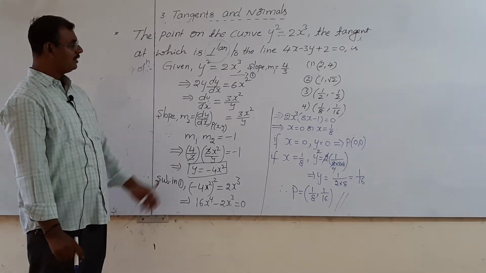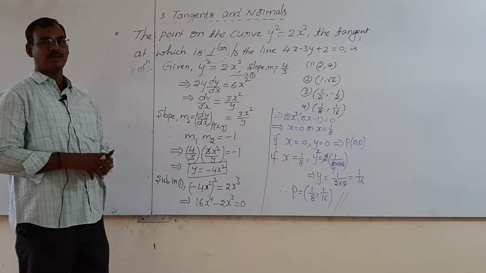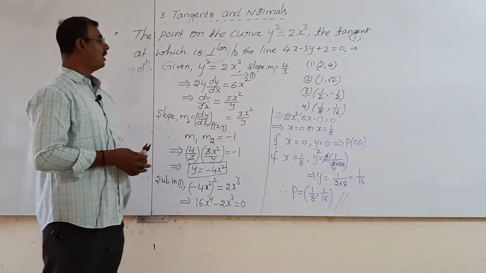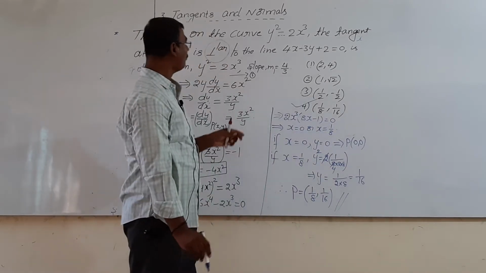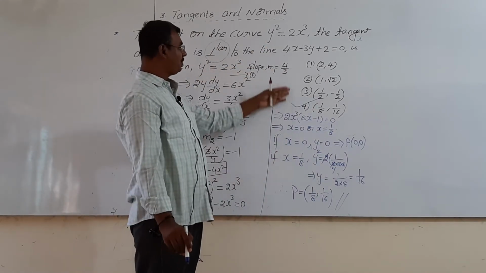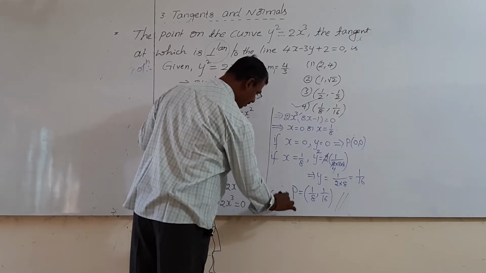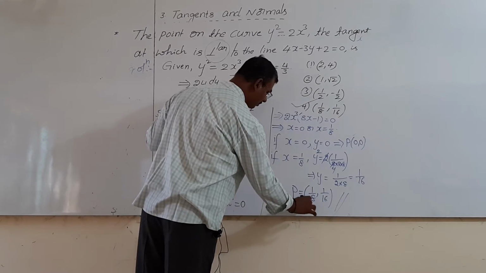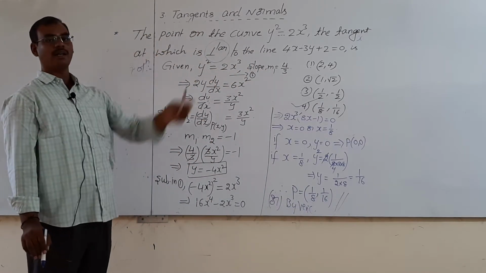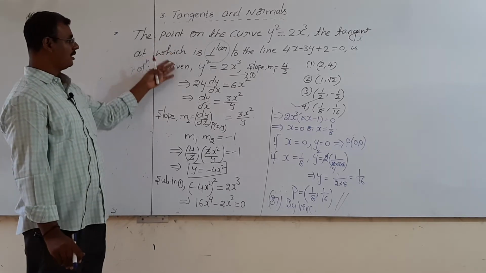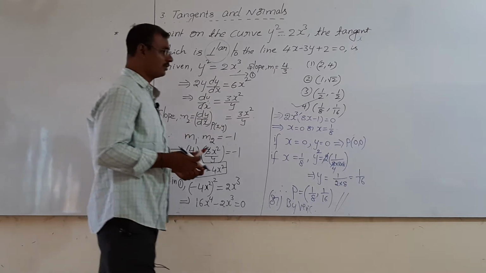It is a little bit lengthy, but in the above questions there is no lengthy work, so we are directly solving the problems. In this case, our option will be the fourth option. Sometimes we should apply the verification method also. So using the verification method we can find the point on the curve. So these are the models in tangent and normals, and the next model we have to see.